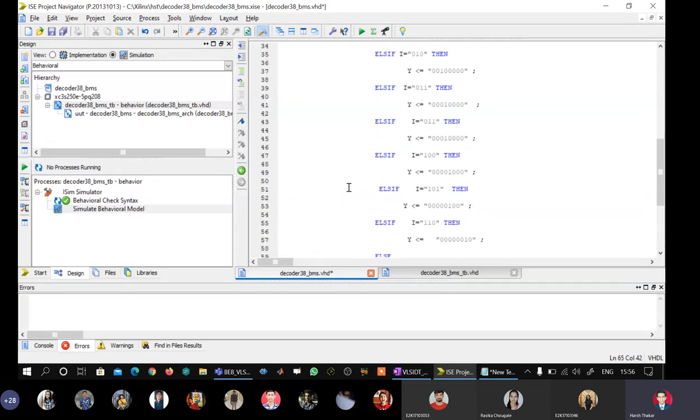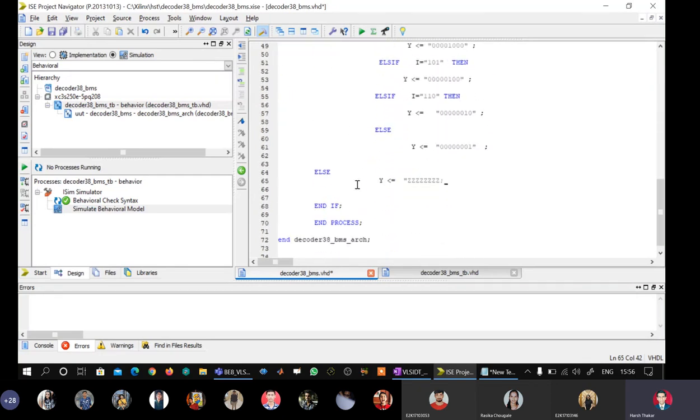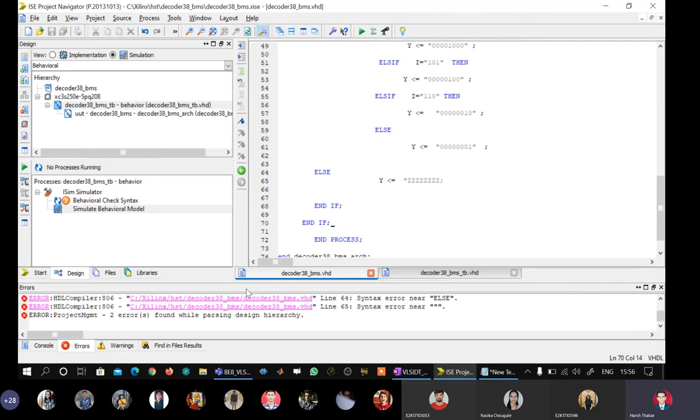Now because I'm using two ifs, I have to use two end ifs also. So this end if is for the decoder logic, and I'll put another end if here. Now I changed the main program, so there are some errors.